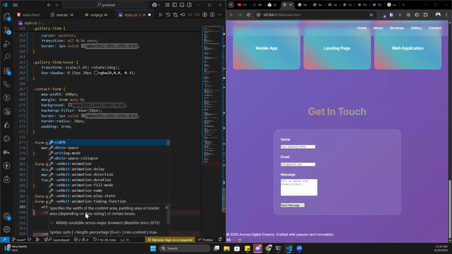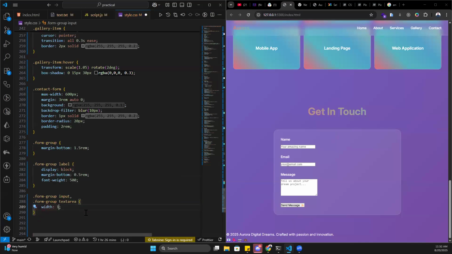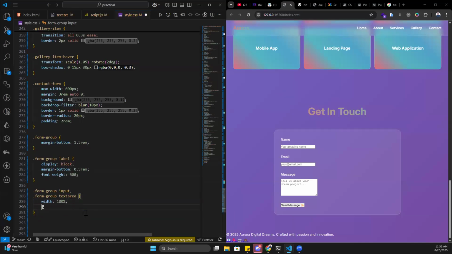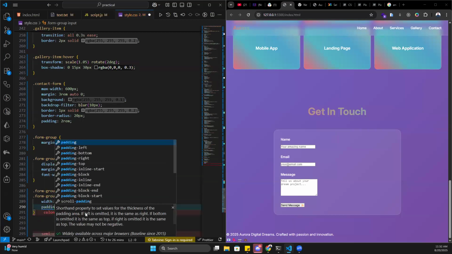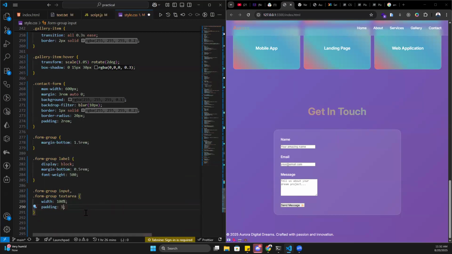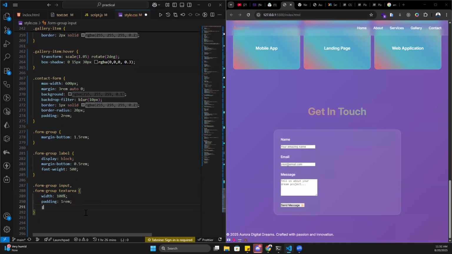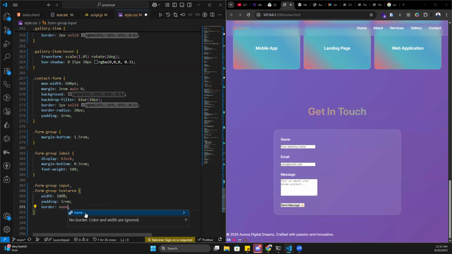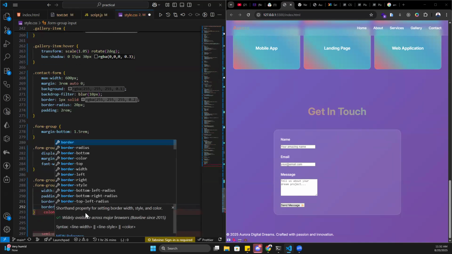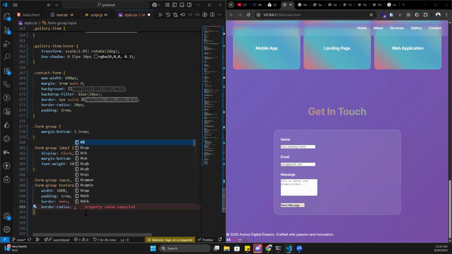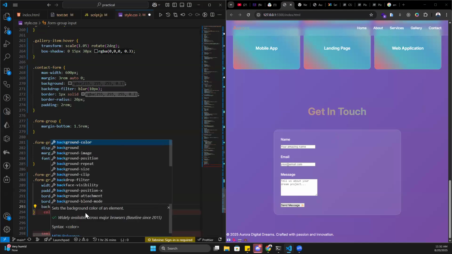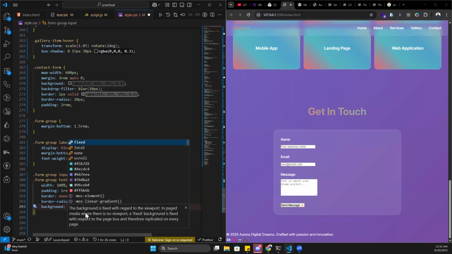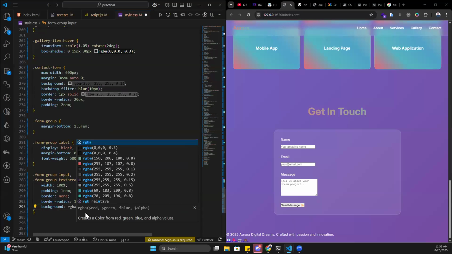We have a width of 100%. We have a padding of 1 rem. We have a border of none. We have a border radius of 10 pixel. We have a background of RGBA of